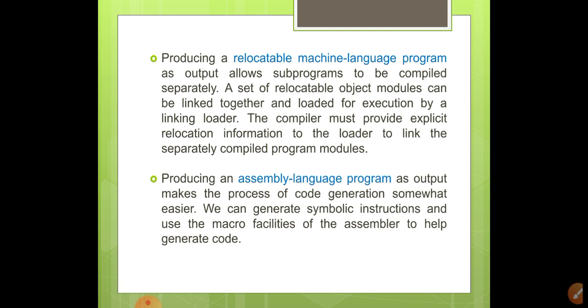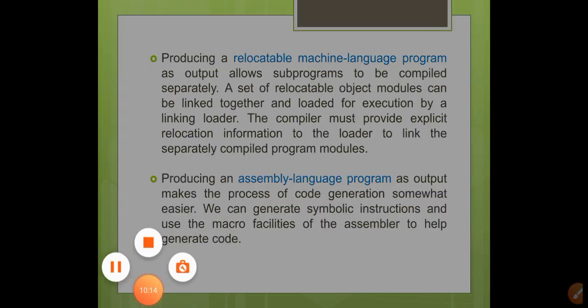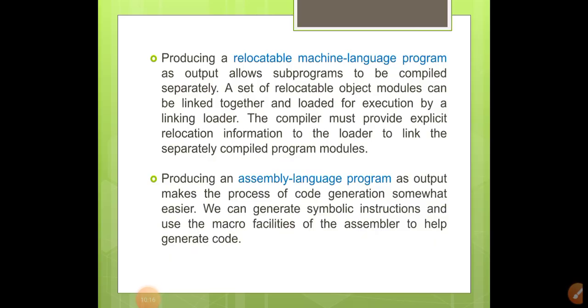But when we produce assembly language as output, we need an assembler to translate the assembly language into equivalent machine code. So three kinds of outputs are possible for the code generation phase: assembly language program, absolute machine language program, and relocatable machine language program. Based on our purpose, we produce the outputs.